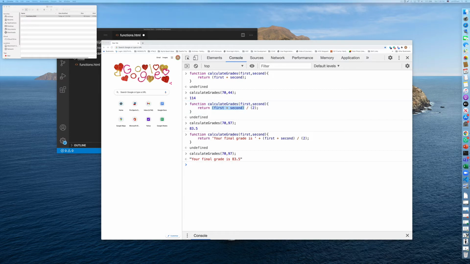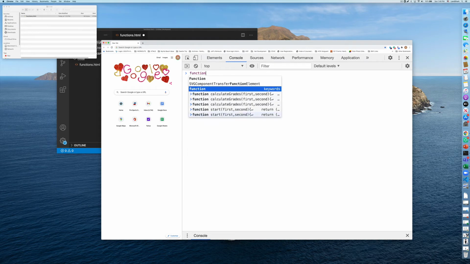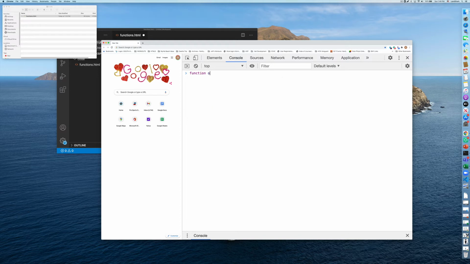Let's see here. In retrospect. So different things that you could do within browser control. We could do something that opens a new window with a click of a button. So let's see here. Maybe we just do it in here. So let me clear this console. Let's see if it works in here. So we'll do function, and just the same thing. We'll call it open new window,